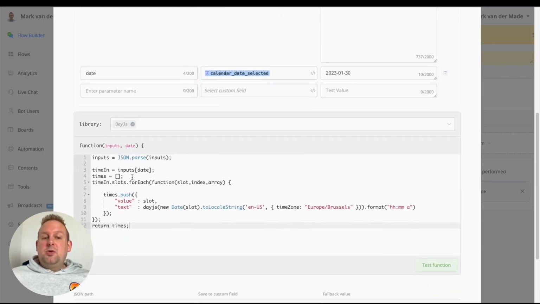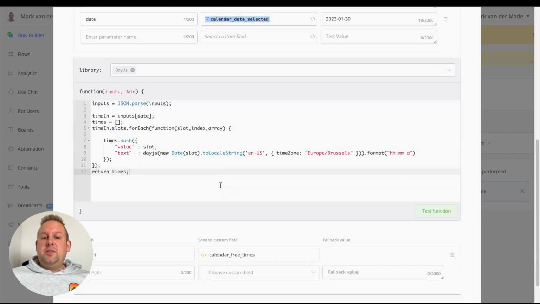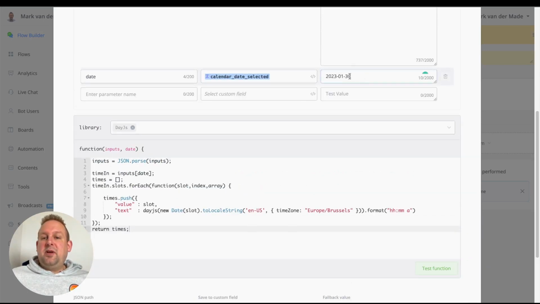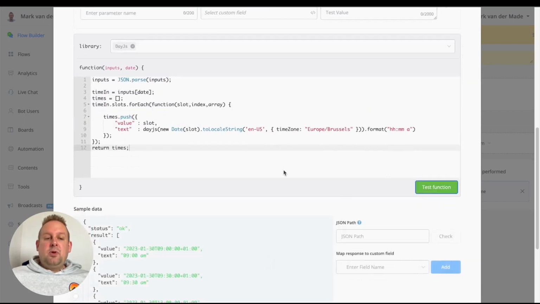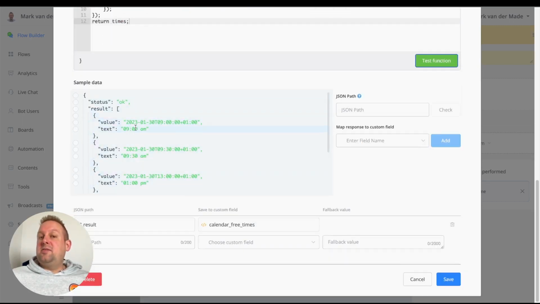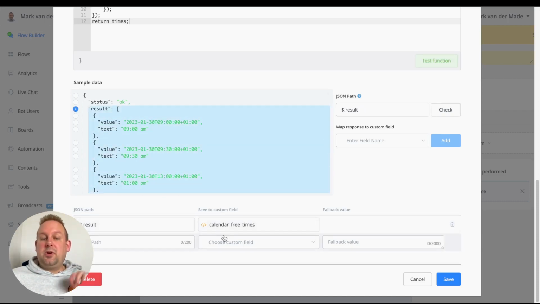Now we are going to customize a little bit of the script. And then if we test the function, as you can see, we have a test value of the 30th, right? If we say test, we only get the available time slots for the 30th back, as you can see here. Again, we are going to map all the results to a new JSON field called